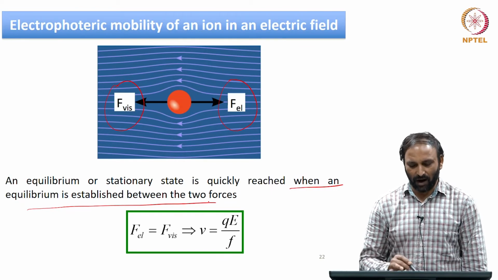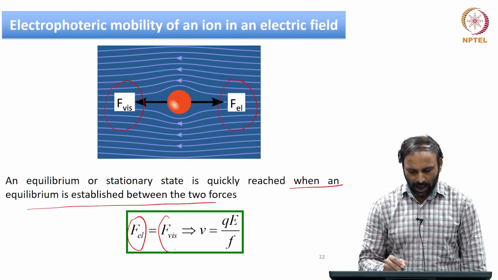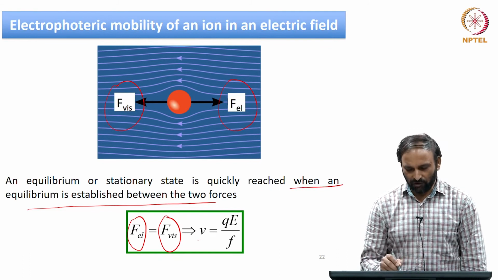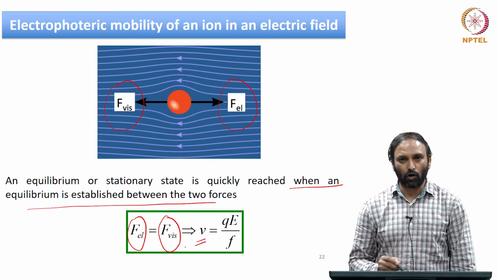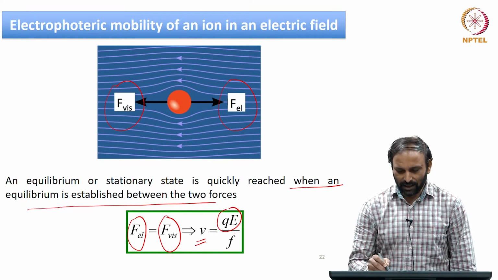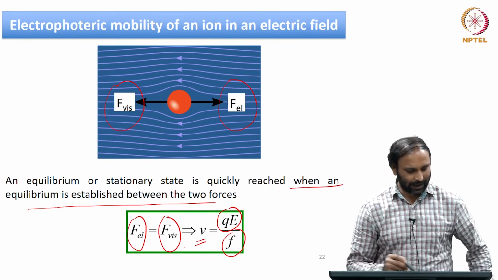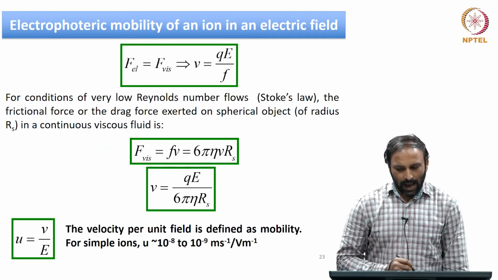Okay. In the absence of other effects, we can equate F_EL to F viscous. Therefore, the velocity with which the electron or the ion is moving is given by q times E divided by f, where f is the friction factor. And